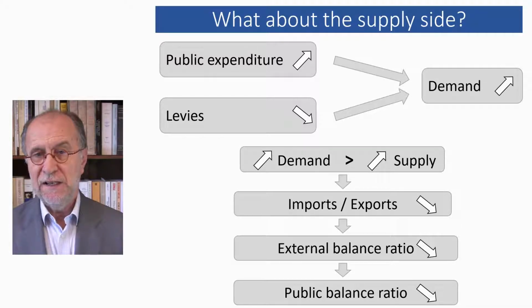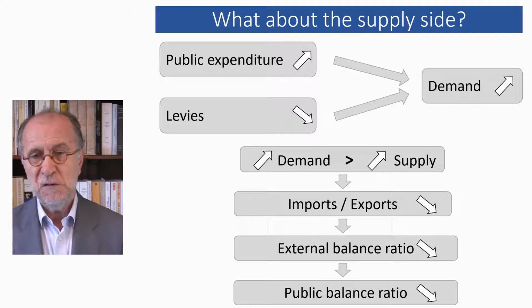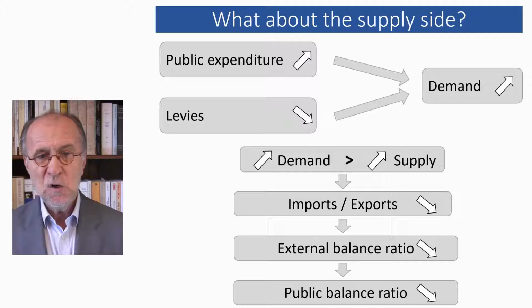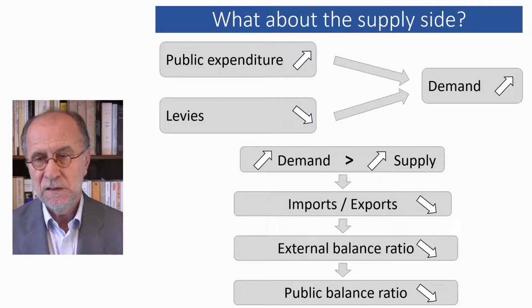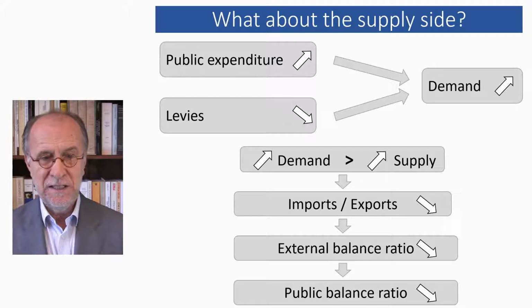What government can do, however, is build a legal, social and cultural environment that fosters supply-side growth. Doing so is much more difficult than using a fiscal stimulus, and the effects are slower, but it is essential in order to cut the excessive public deficit, because improving the quality of an economy's supplies means increasing its external competitiveness, and therefore also its external balance, which is the key to any healthy improvement in the public balance ratio.